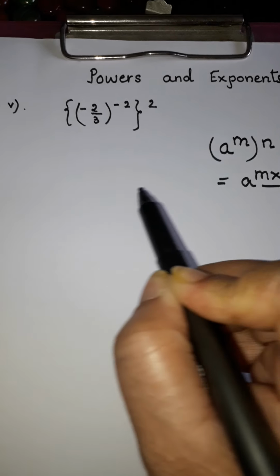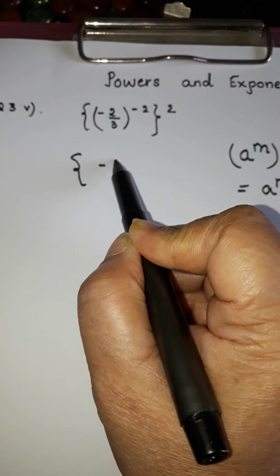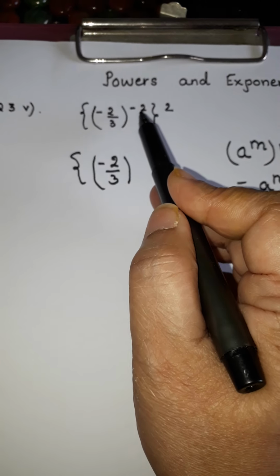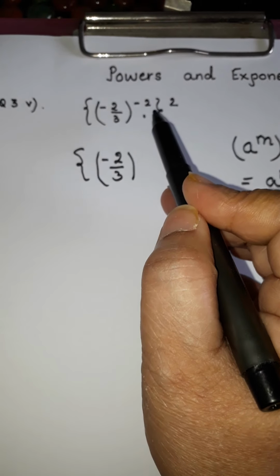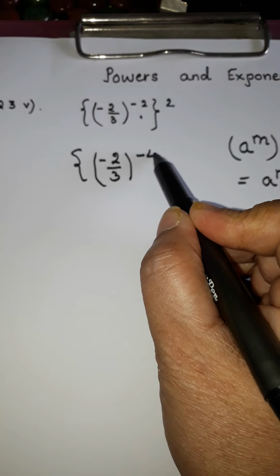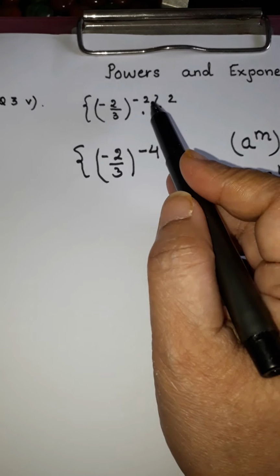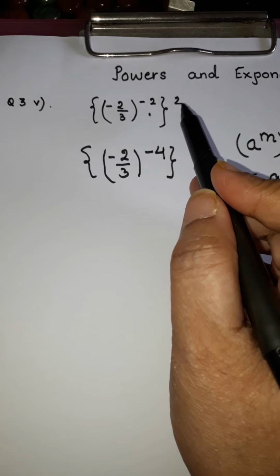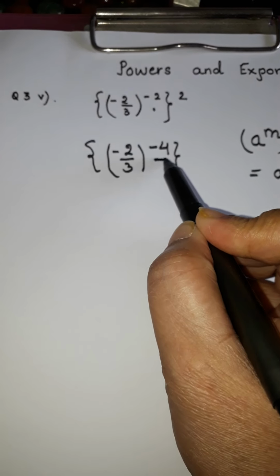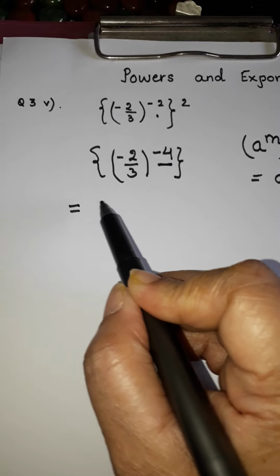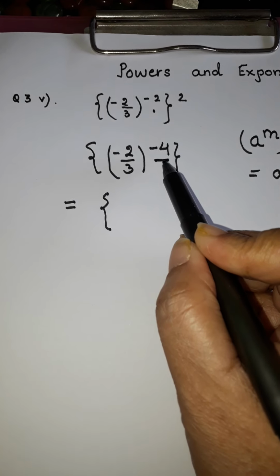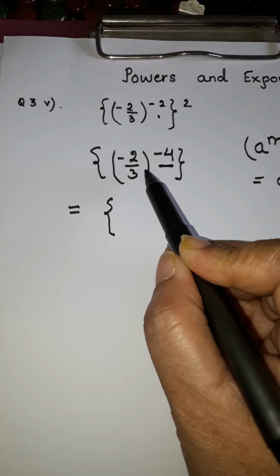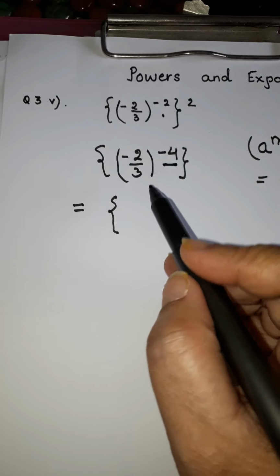So we will apply this property over here and it will turn out to be (-2/3) raised to the power of -2 and then again raised to the power of 2. We multiply the powers, so it will become 2 into 2, 4, with a negative sign, -4. Anything raised to a power and again raised to a power, the powers get multiplied. The next step is, anything that has a negative power, we reciprocate the number. That means the numerator becomes the denominator and the denominator becomes the numerator.